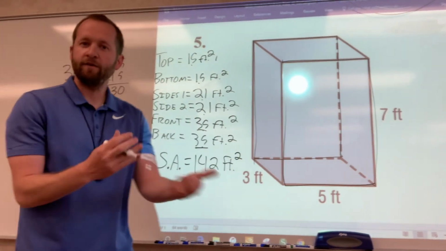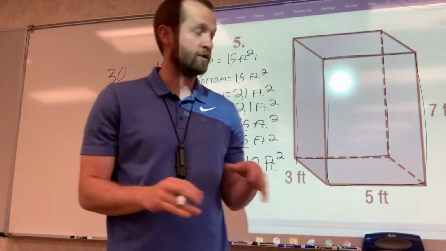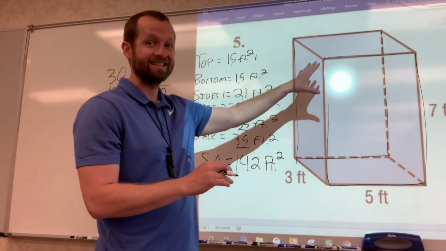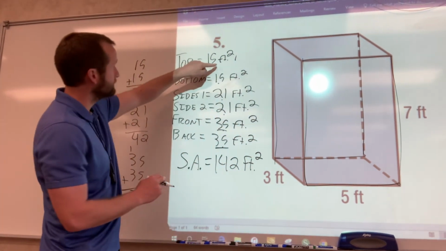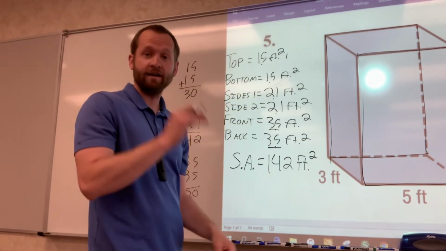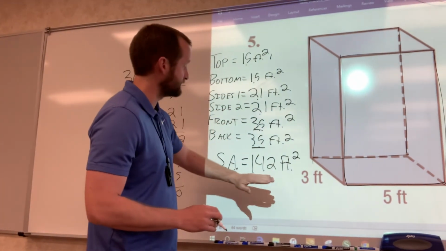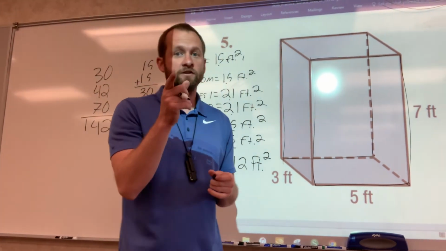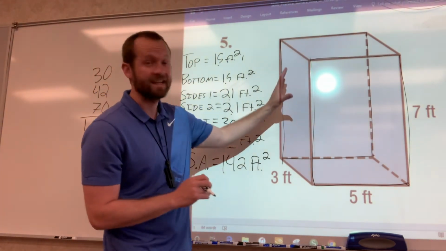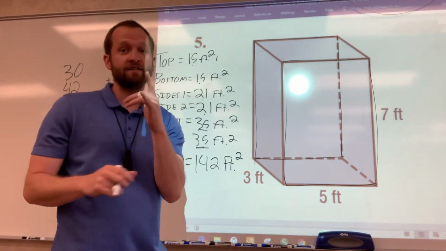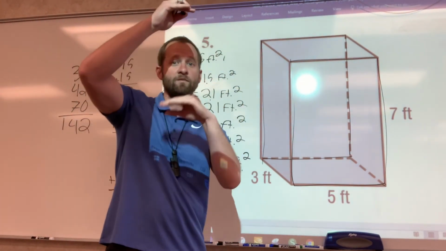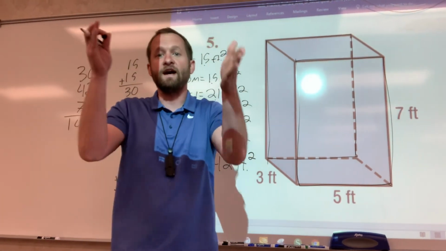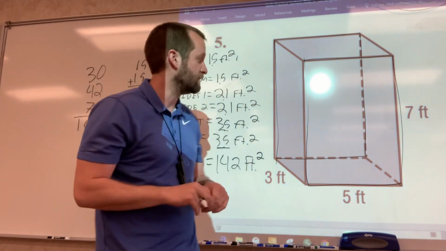Okay, so there we go. In order to find the surface area, we're just going to find the area of all 6 sides, like we did first, right here, and then add all of those together to get our final surface area of 142 feet squared. Okay, so make sure when you're doing this, remember that if it's a rectangular prism, it is going to have 6 sides. You need to find the area of the top, the bottom, the front, the back, and then the 2 sides. Okay, don't forget any of those sides,